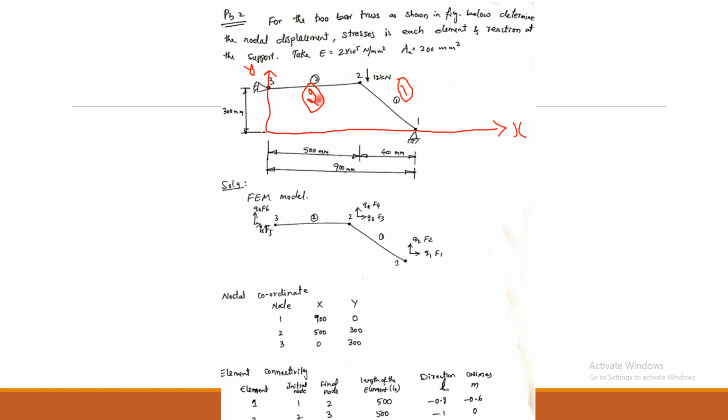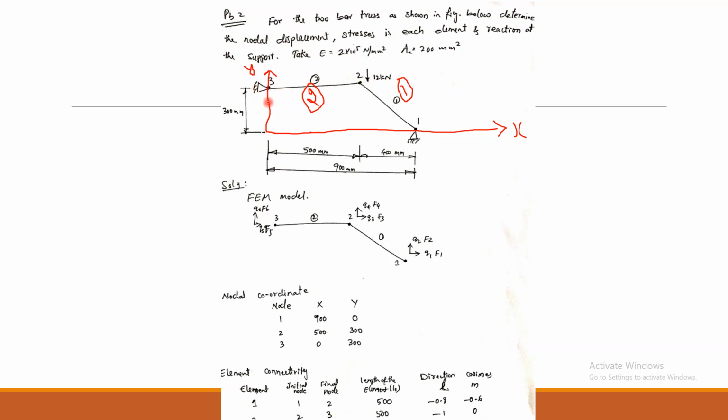Later, once you take the element numbers 1 and 2, let's go for the node numbers. Element 1 consists of node number 1, which is also given in the problem, and node 2. Element 2 consists of the second node and third node. These node numbers and element numbers are much needed to solve any problem. After defining the node numbers, global coordinate system and element numbers, let us look into the configuration of